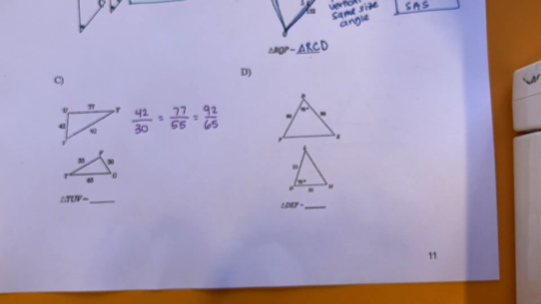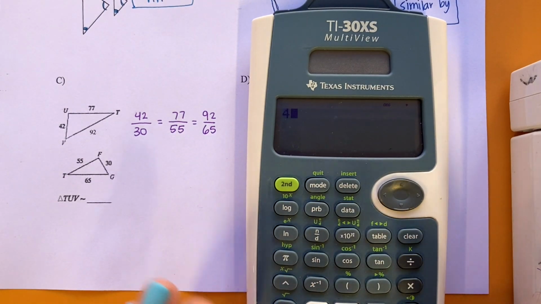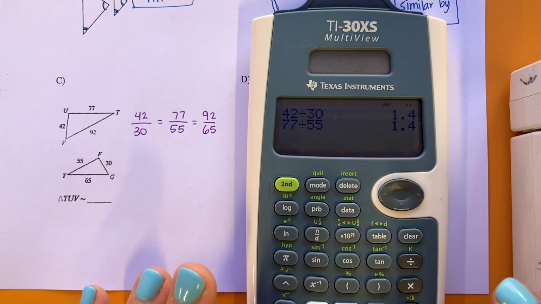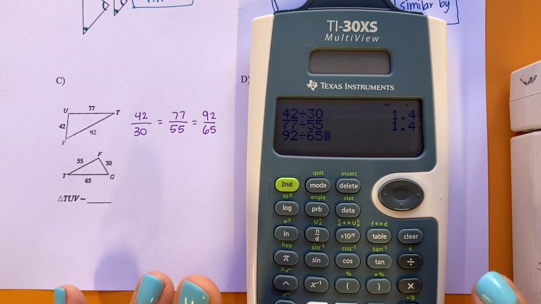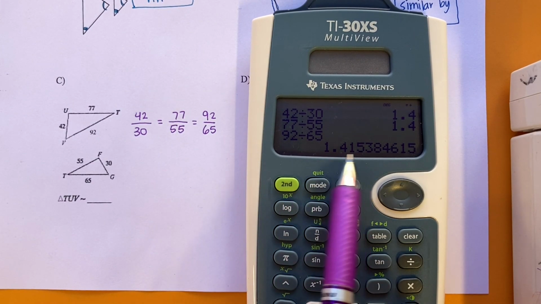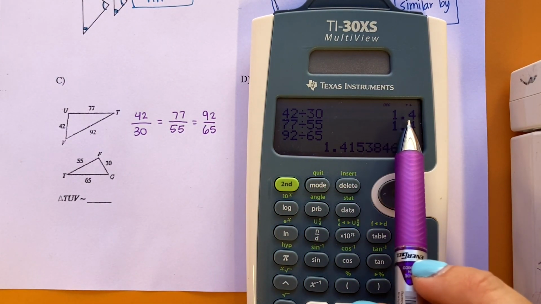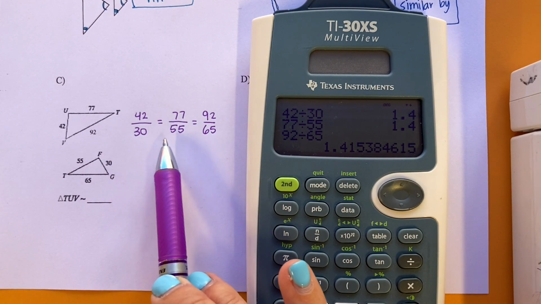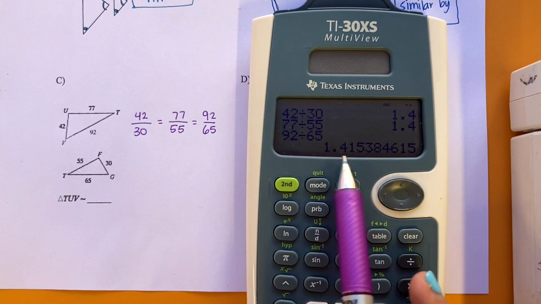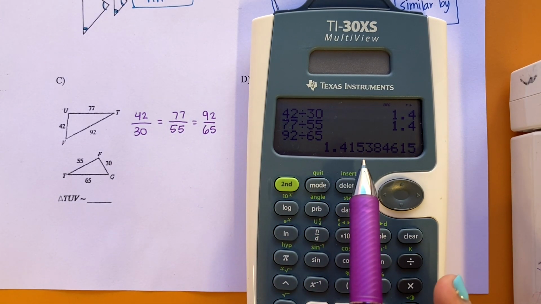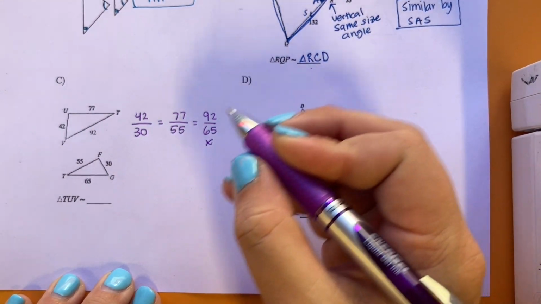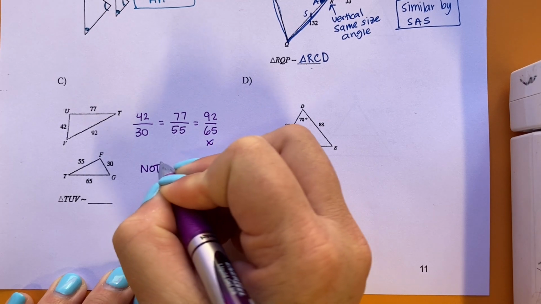I'm going to see if they are proportional. 42 divided by 30, 77 divided by 55, 92 divided by 65. This one threw it off. So 1.4, 1.4, they were matching so far, but as soon as we got to the 92 over 65, the sides are no longer proportional. So, because that one threw it off, not